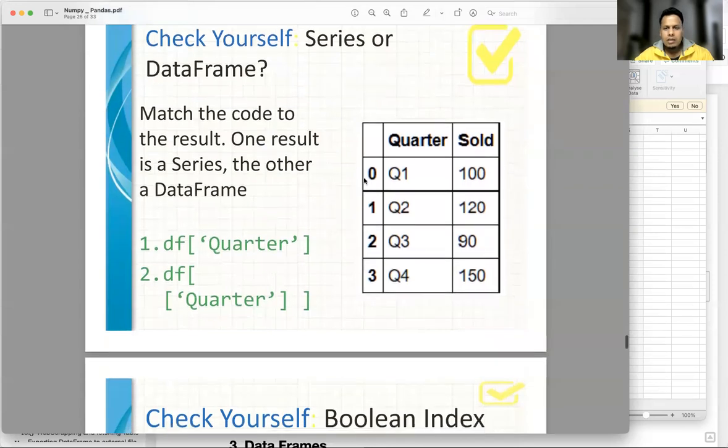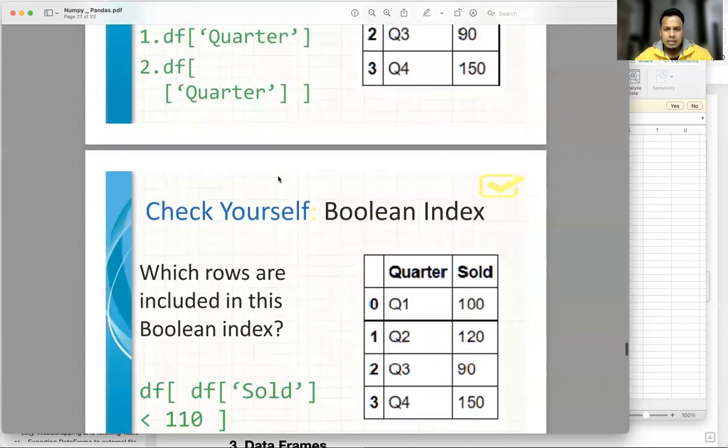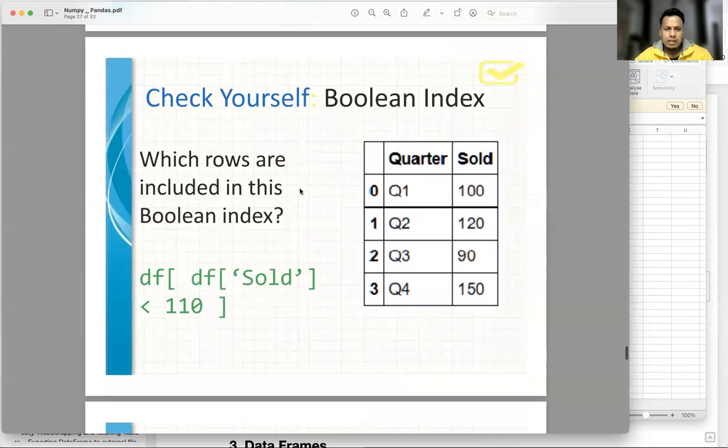Once you have a data frame, you can fetch one particular column or one particular row, the way you did in Excel, by using the index. There are a couple of different methods. I'll show a couple of tips and tricks also. Similarly, once you have a data frame, you can filter values. This kind of condition we have seen in NumPy, right? Pandas is nothing but an extension of NumPy with some enhanced functionality, so these are things you are already familiar with. We can put the condition inside the index bracket notation and fetch the portion of the table satisfying the condition.